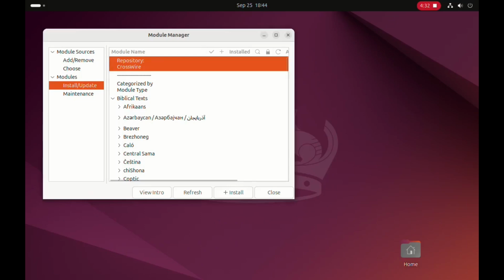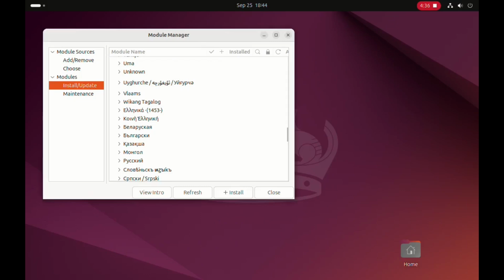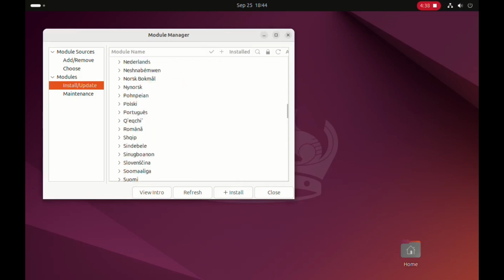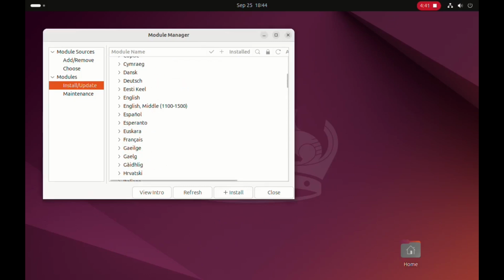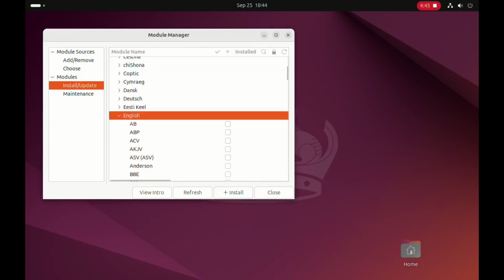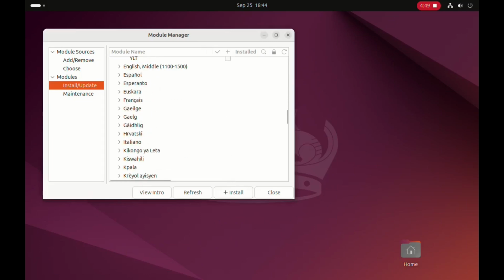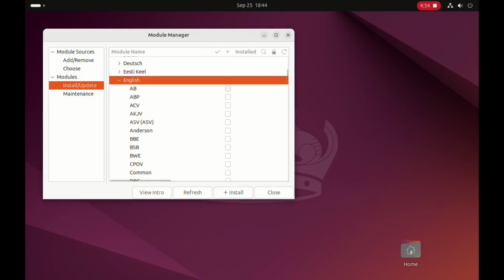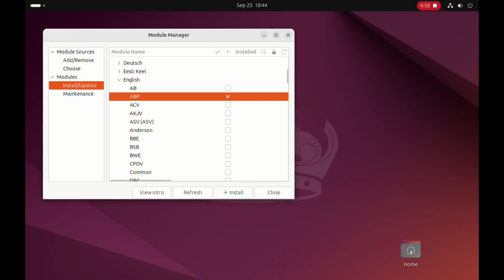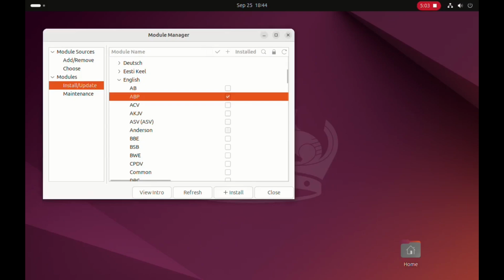All right, Bible texts, African, Dutch, French. All right, I'm going to go down to, well, I want English myself. All right, English. All right, let's see here. These are all the English Bibles you can get. English Middle, I guess that's British. All right, so let's just go up here, and I just want the Apostolic Bible Polyglot. And then we'll install